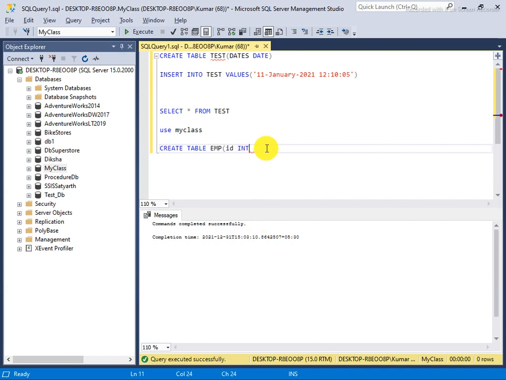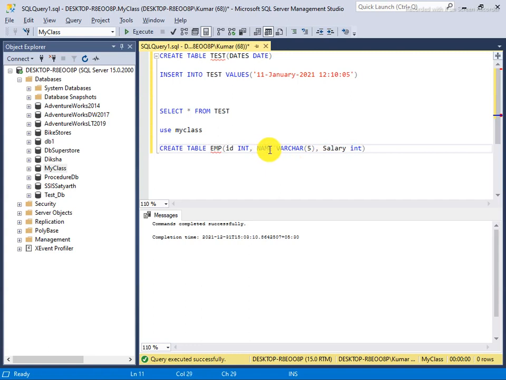See here, ID integer, name. If you see name is showing in a blue color, it means that it's a reserved keyword. So sometimes it will not work, and maybe it will throw an error as you are using a reserved name in your query. If you want to overcome this error, you can put it in square brackets. Like varchar, I give it a size like 5, and I'm here adding salary int. So you see that name is a reserved keyword.